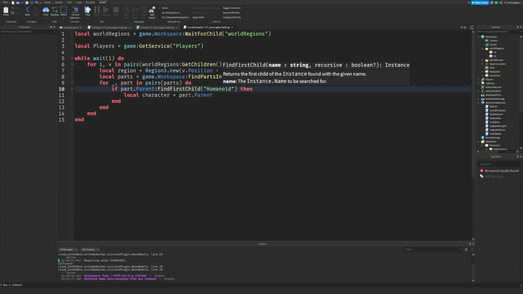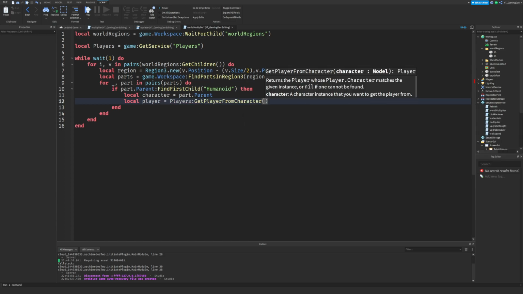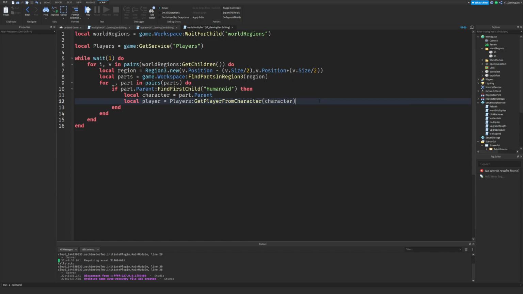If it is a player, then the parent of this part is going to be their character, because the parts that are going to touch this are, for example, the player arm or the player torso, and the parent of the torso and the arm is the character. So that's just going to allow us to now get the player from the character by doing this. So local player equals Players:GetPlayerFromCharacter, and now that we have the character, we can put the character in here. After that, guys, we're going to go in and do a local world multiplier